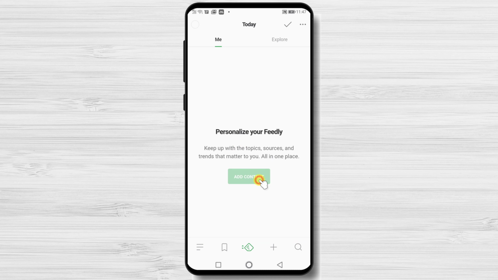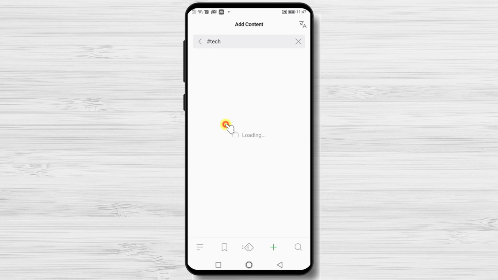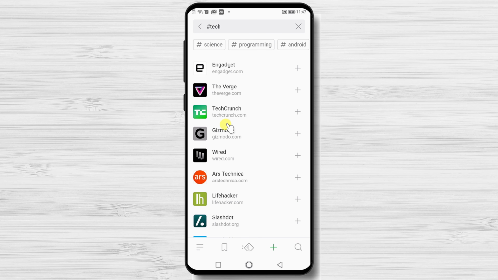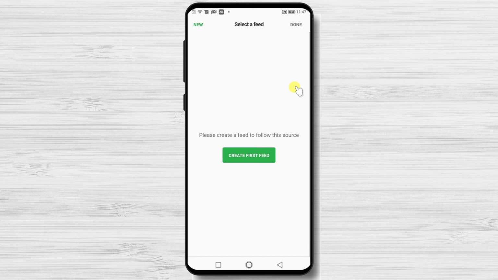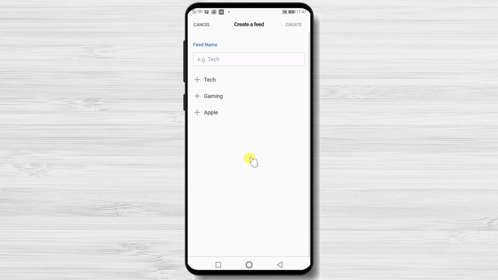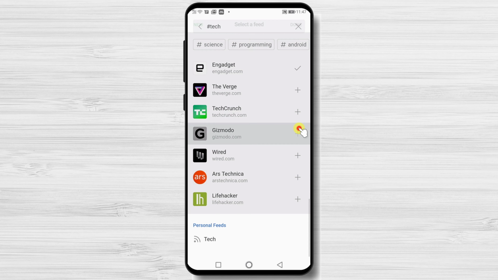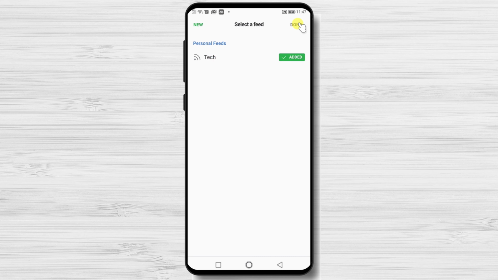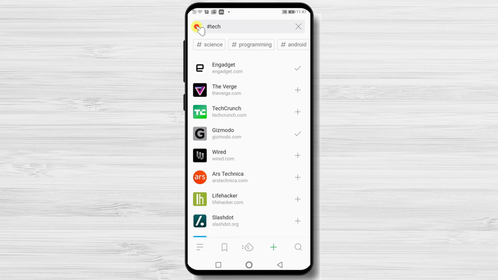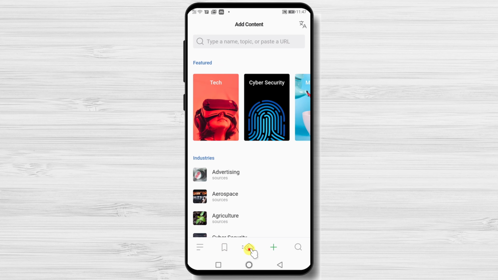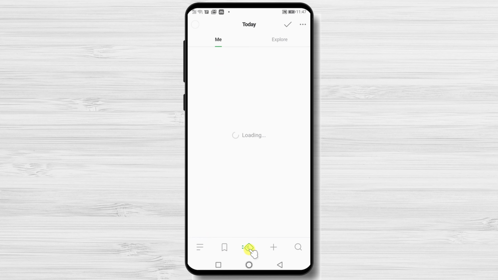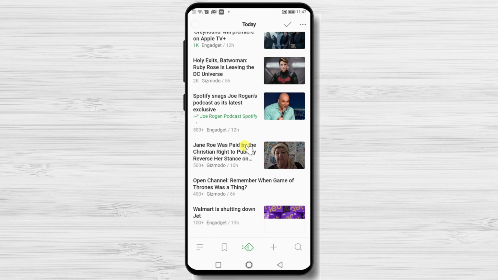Let's add a newsfeed. Now when you go to the homepage, you will see the news that you subscribed from the feed.